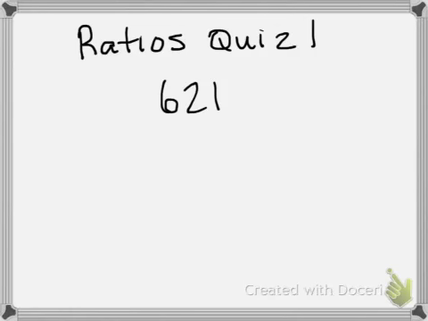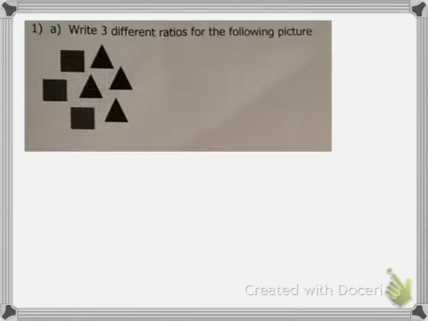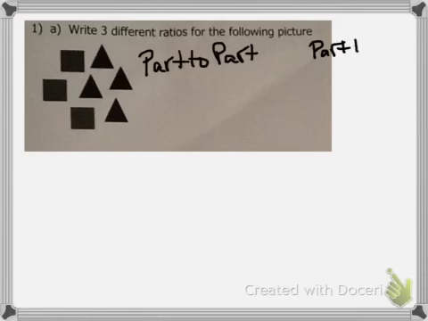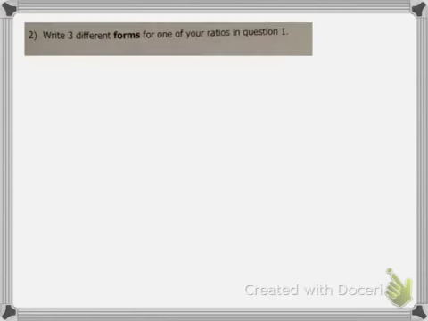We're going to be talking about ratios quiz number 1 for class 621. Question 1. Write 3 different ratios for the following picture. The 2 different types of ratios that we can write are part-to-part ratios and part-to-whole ratios. The part-to-part,